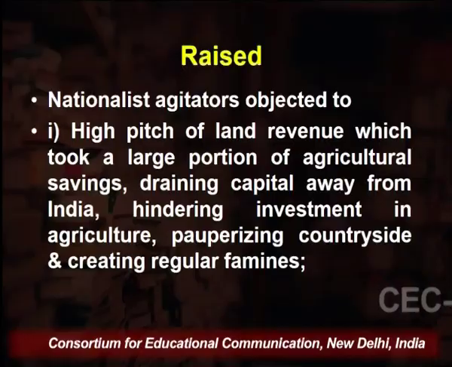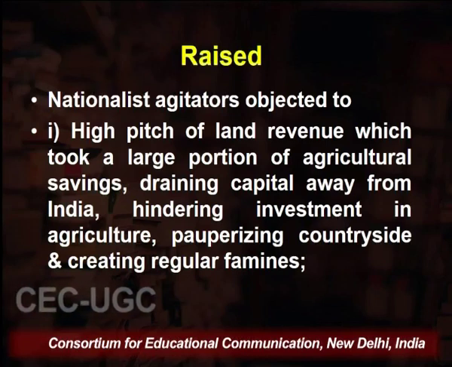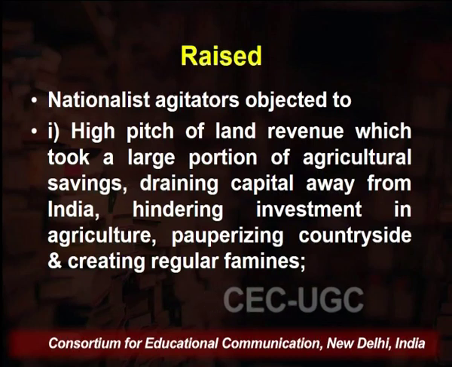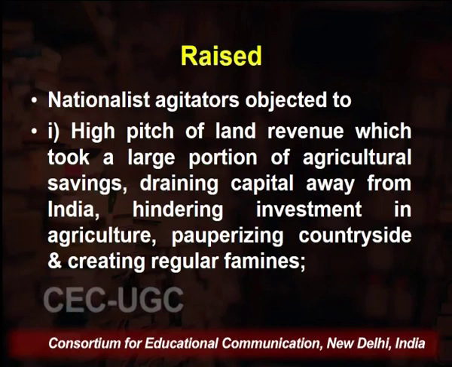And they objected to certain concerns, for example the high pitch of land revenue, which took a large portion of agricultural savings, draining the capital away from India, hindering the investment in agriculture, pauperizing the countryside and creating regular famines. So there was some kind of a chain in that sense. When the land revenue was high, the British were taking a high portion of the agricultural savings, and that capital was being drained from India. And the country became poorer and poorer because of these practices by the British, and it resulted in